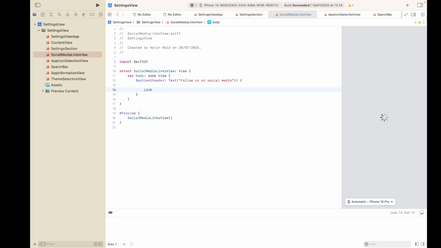And then it will include a link with the destination. And the destination URL will be the following website, which is